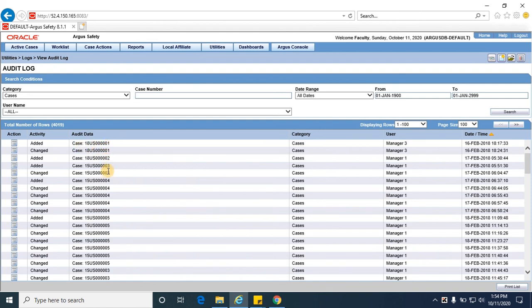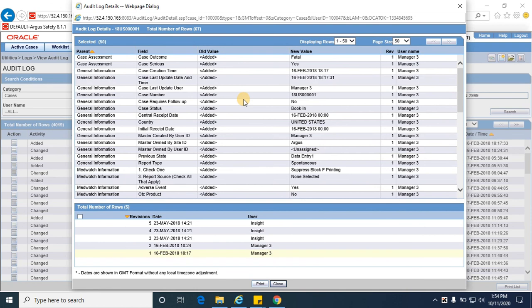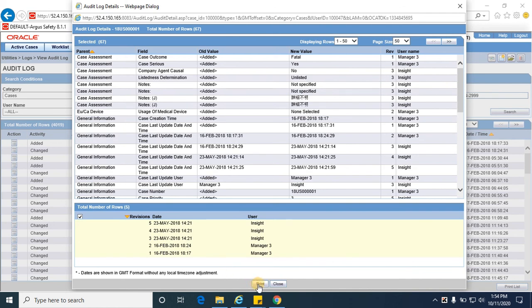You can see the audit log for every case is available over here, and this audit log is non-editable. So the user cannot change the audit log information over here. And you can print the audit log to PDF format.